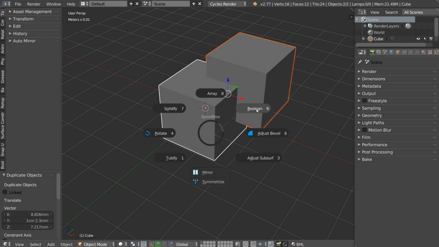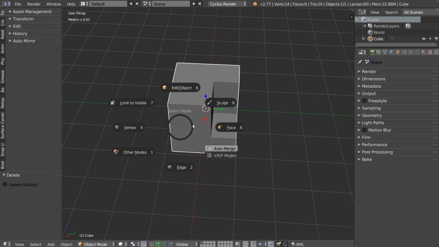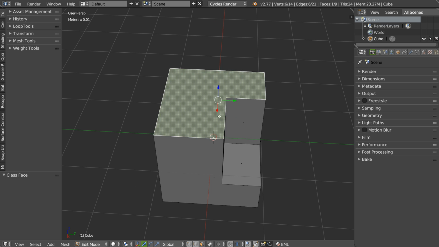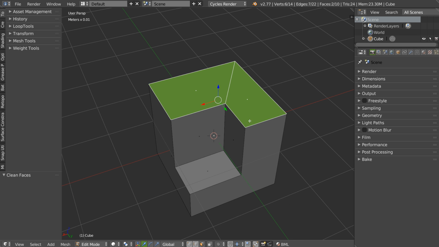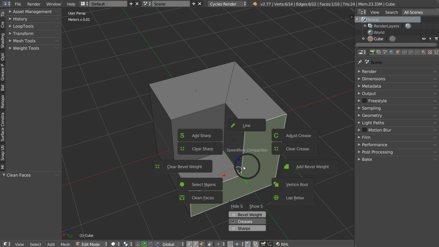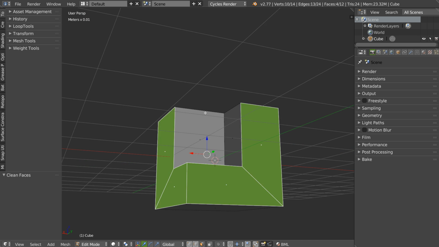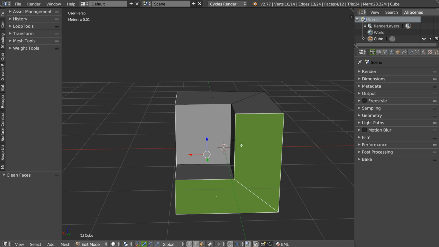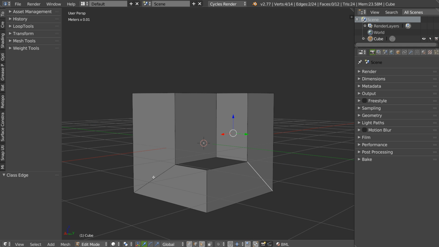I will make a boolean. I will apply it. I will show you the next tool. I will select this one, and I have the clean face. So if I make a clean face, as you can see, that cleans my face. I can select multiple like this, clean face. Okay. On this example, it's working really nice, but on different